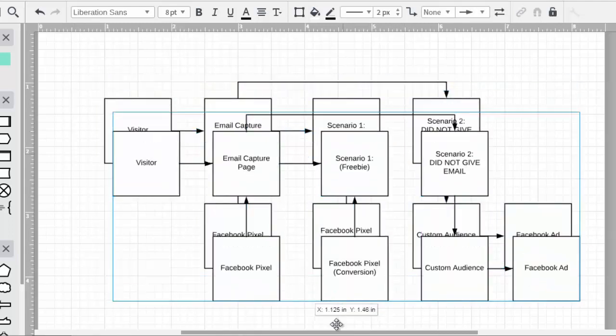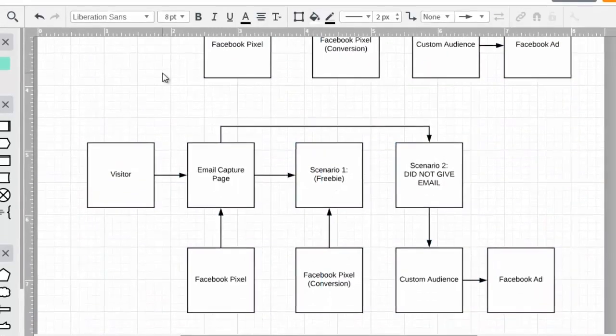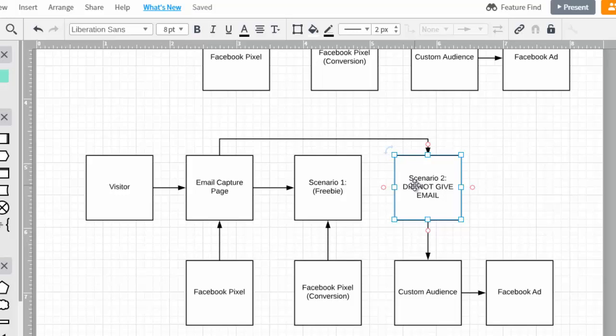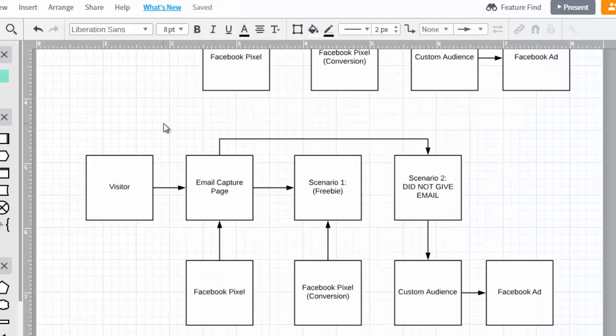So not only are you setting things up for if they fill out the email, but if they do not fill out the email. So the next thing we have is a sale. So you'll notice that it's actually very similar. If a visitor comes to a page, and this page can be the sales page, and of course we pixel them, and then they either buy or, so scenario,